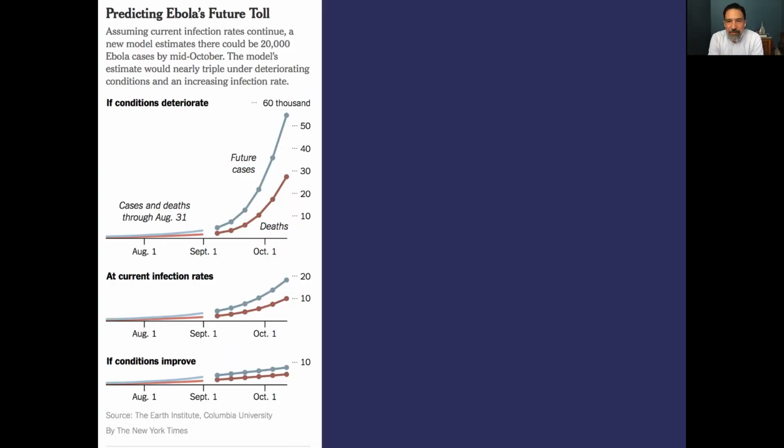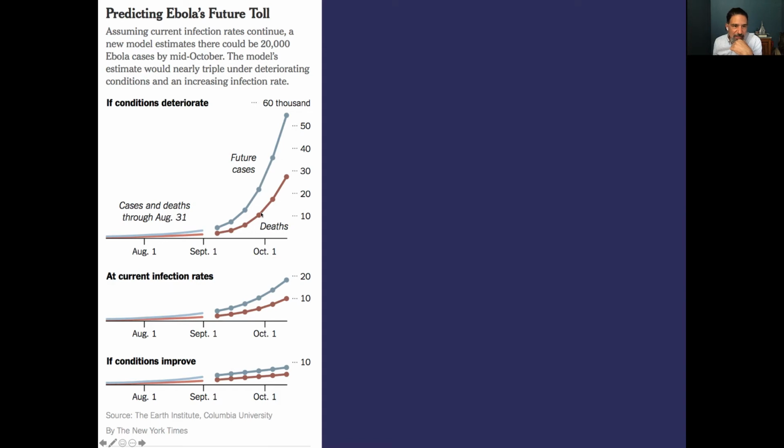During the West African Ebola outbreak in 2014, there were several models that were developed to try to predict outcomes under different scenarios. The New York Times presents here on the left some results from Columbia University's Earth Institute's model, and it shows the actual number of cases leading up to August 31st, I believe it was, and then